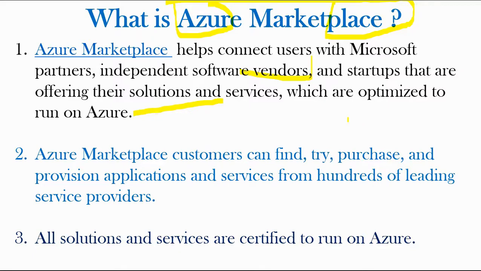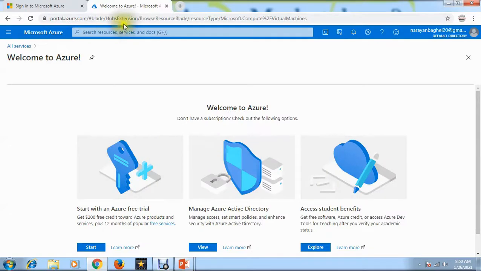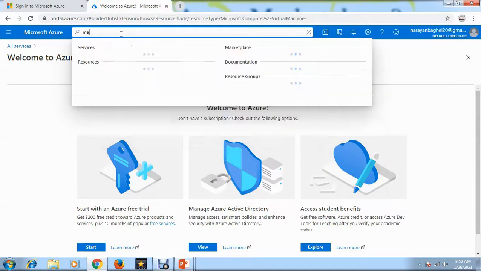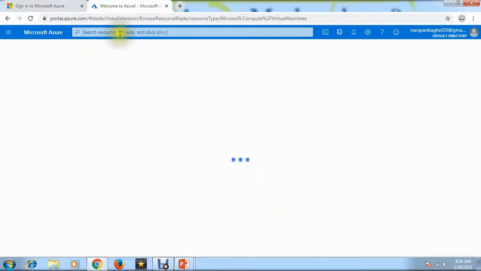Apart from this, with Azure Marketplace, customers can find, try, purchase and provision applications and services from hundreds of leading service providers. There are more than 100 service providers available. If you go to the marketplace, you can just search here for marketplace. Internet is a little slow, so it is coming.